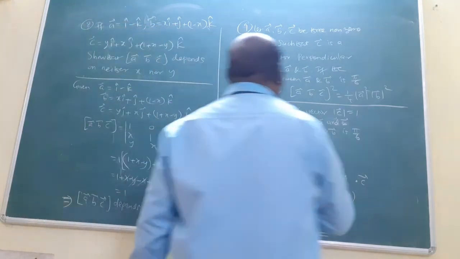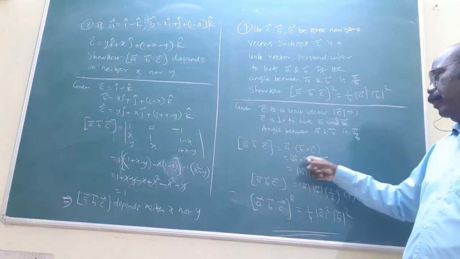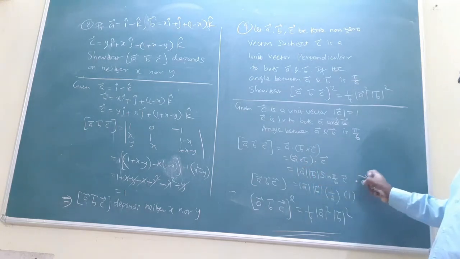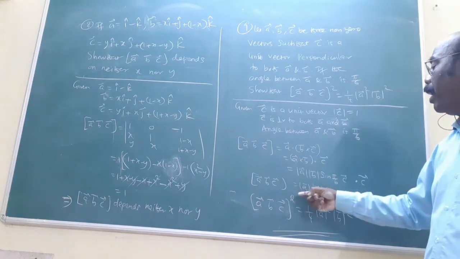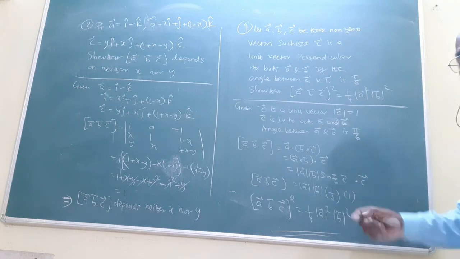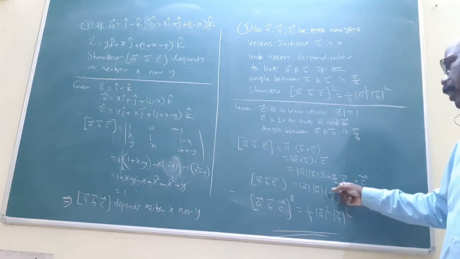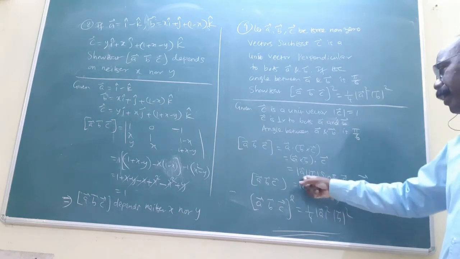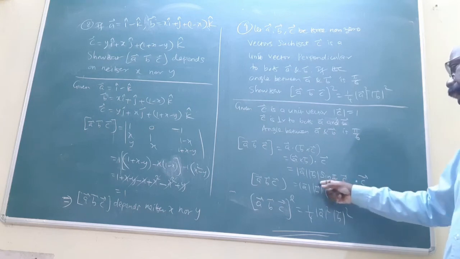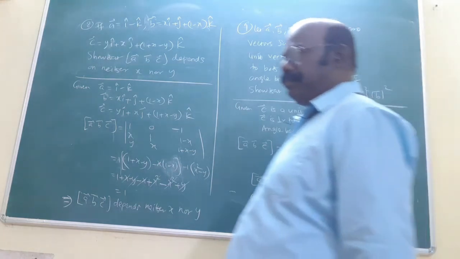Very important concept. A dot B cross C, or otherwise this can be written as A cross B dot C. Then we get the answer. Now dot C is there, no change. Instead of A cross B, what is the formula? Mod A, mod B, sin theta into n cap. The n cap is the perpendicular vector. Here C is the perpendicular vector, that's why we put C. Here theta is pi by 6. Mod A, mod B into sin pi by 6 into C vector. The C dot C is 1. Sin pi by 6 is 1 by 2. Now square that, that is the answer. Now the 9th question is over.